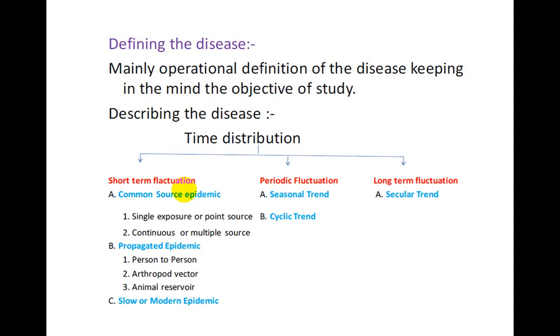A variation to the above model is that an epidemic may be initiated from a common source and then continue as a propagated epidemic. Waterborne cholera is a familiar example. The epidemic reaches a sharp peak but tails off gradually over a longer period of time. Propagated epidemics: a propagated epidemic is most often of infectious origin and results from person-to-person transmission of the infectious agents. For example, epidemics of hepatitis A and polio. The epidemic usually shows a gradual rise and trails off over a much longer period of time.